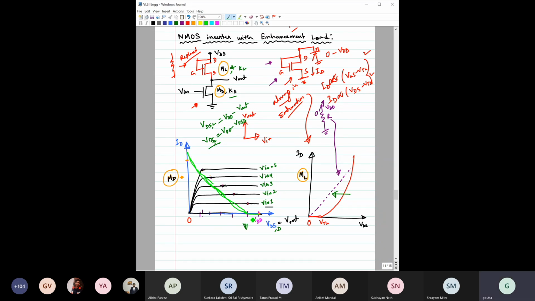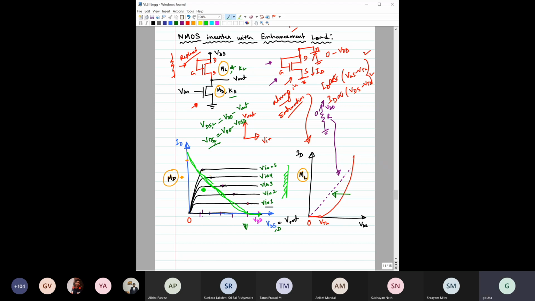This is again not a very good drawing, right? So what you have to do, you have to first flip it and then start plotting from here. So it is VDD. I hope you are getting it. You place a mirror here, you place a mirror here. Whatever you get, you have to put starting from this point, VDD. So that will give you the